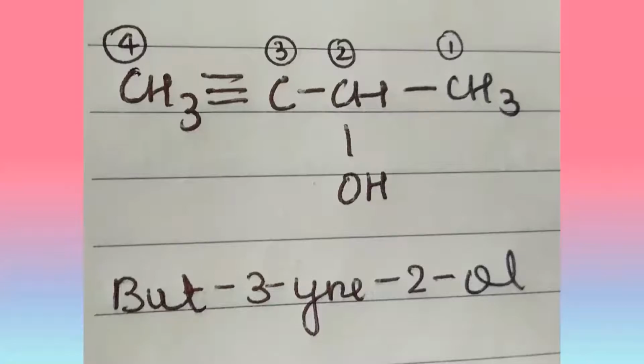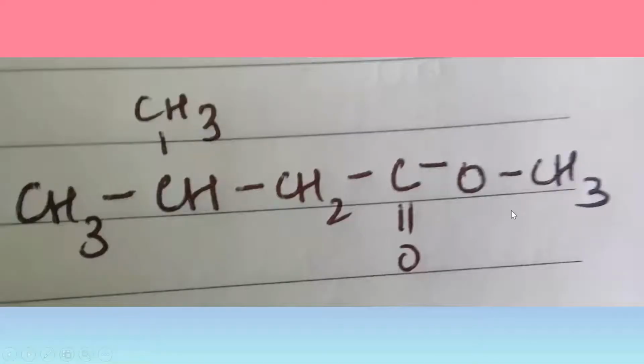So coming to our next section, I'm going to be discussing the nomenclature of esters, aldehydes, ketones, carboxylic acids, acid anhydrides, acid chlorides, amides, nitriles, isocyanides, nitro compounds, primary, secondary, tertiary amines, and also the combination of these in a particular compound. So starting with the first one, that is the nomenclature of an ester group.